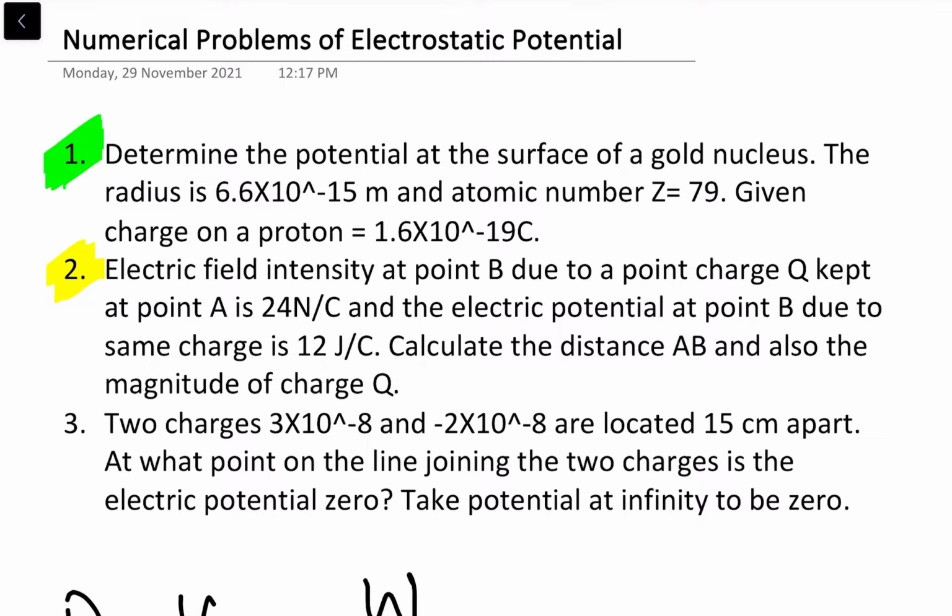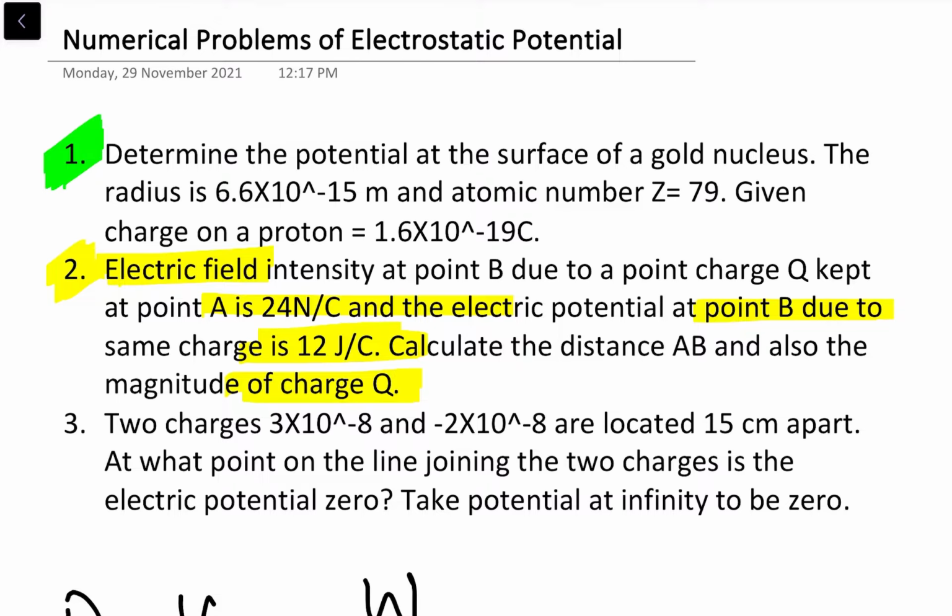What they have given here is a point charge Q. How much is the charge? They did not tell us. But there is a charge capital Q, there is a point A, and there is also another point B. In the problem, if you observe carefully, at A they have given the electric field, that is 24 newtons per coulomb. And there is also another point B. At B they have given the potential, which is 12 joules per coulomb. They asked us to calculate the distance AB,